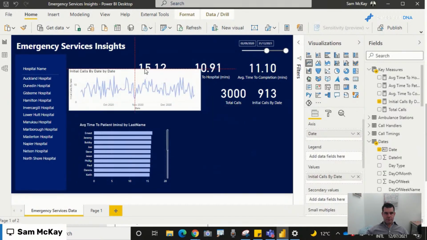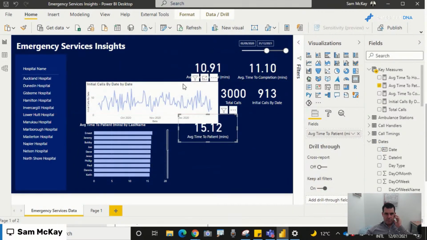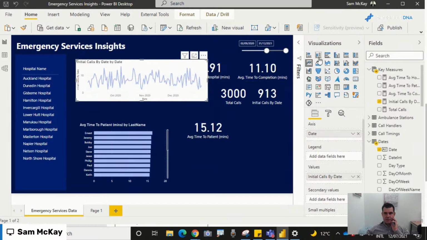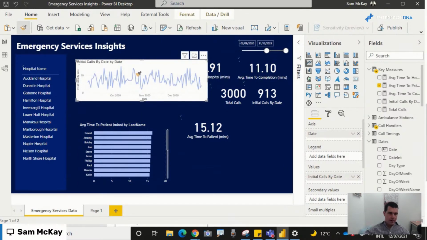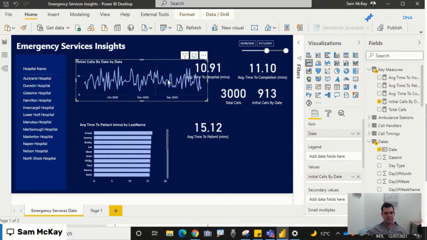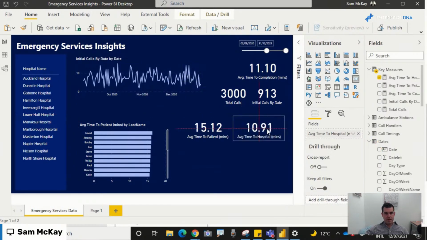And here we're just going to find the appropriate visualization. I think this is probably a better visualization than a chart like this for now. So what I'm going to do here is use the paint roller, which I think is an awesome addition. I can't believe it took so long to actually create. You find the paint formatter button, but see how quickly I can adjust the different visualizations,